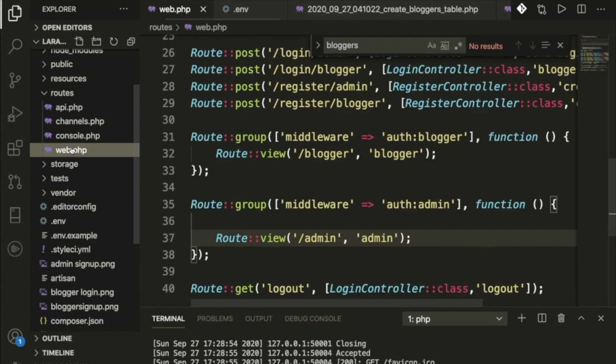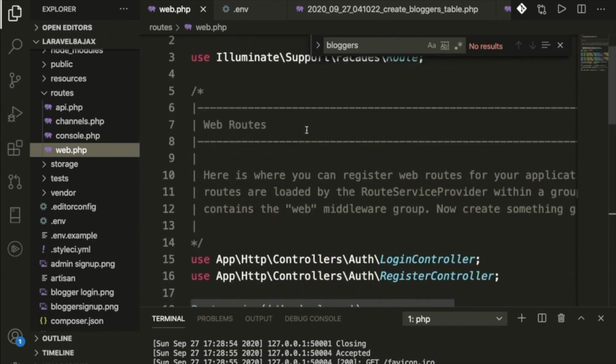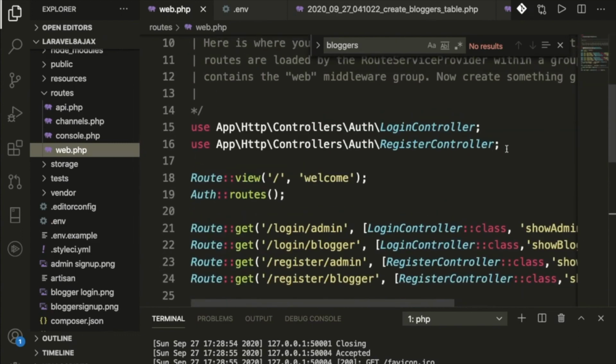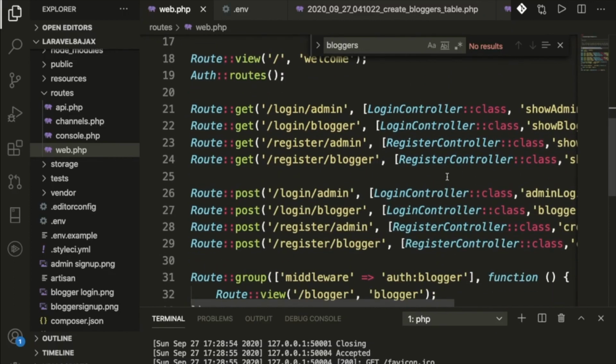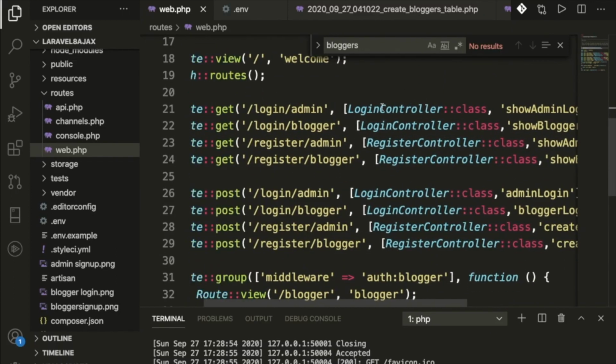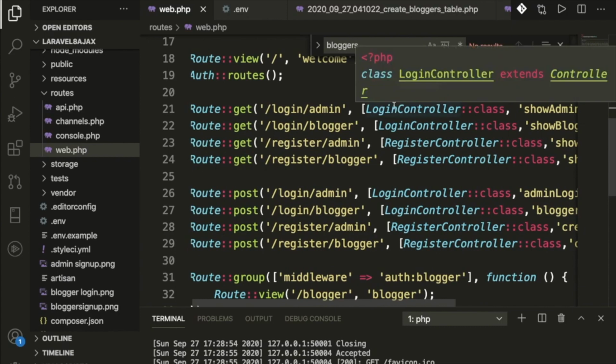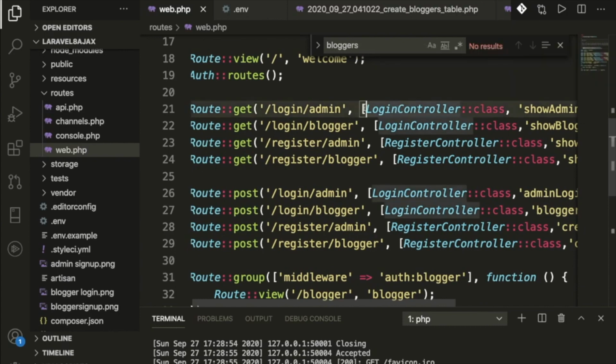So we have the web.php. Inside of the web.php, I have added this line of code for the login and registration. Why is this important? If you know how routes work in Laravel 8, this might be clear. In Laravel 8 we need to use a namespace whenever you want to call a controller, so don't forget to write these lines of code. We need to pass it in array format if you're not using resource. If you're using resource, you don't need to write an array, you can use the normal format.